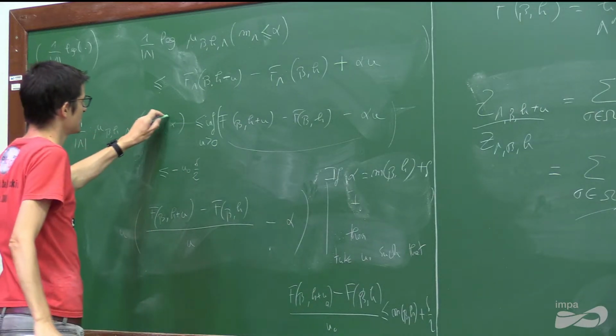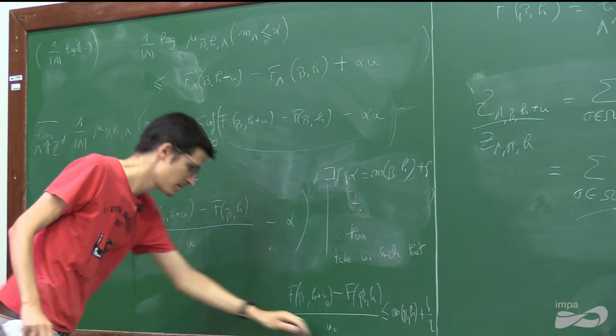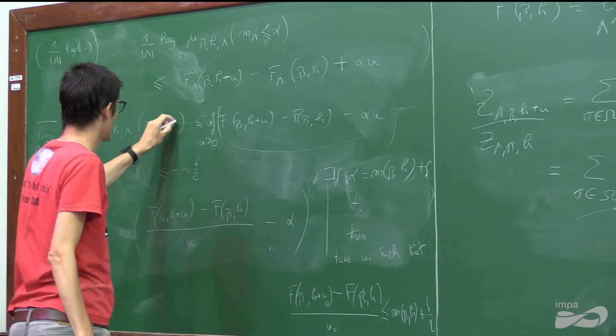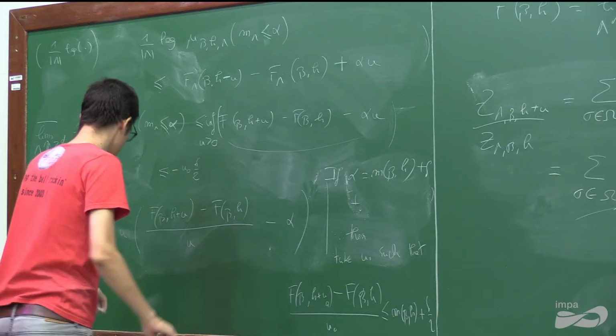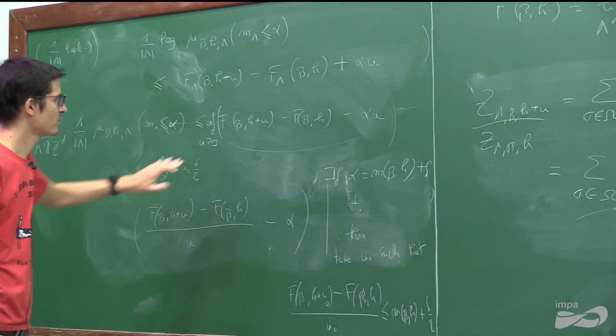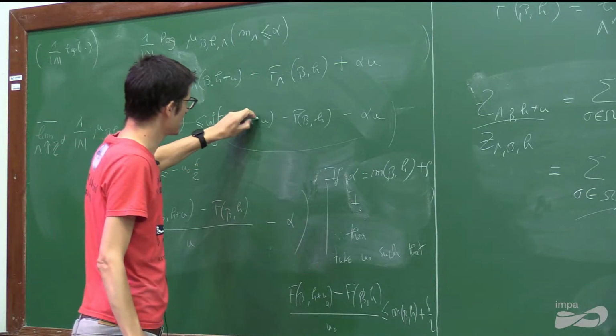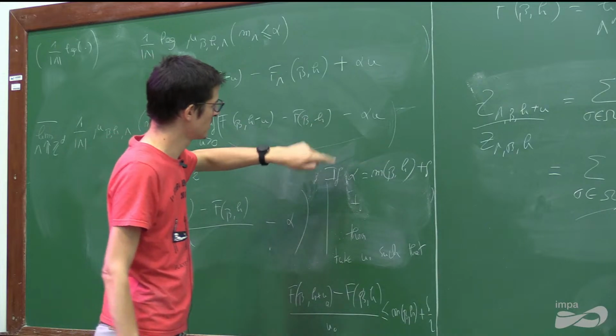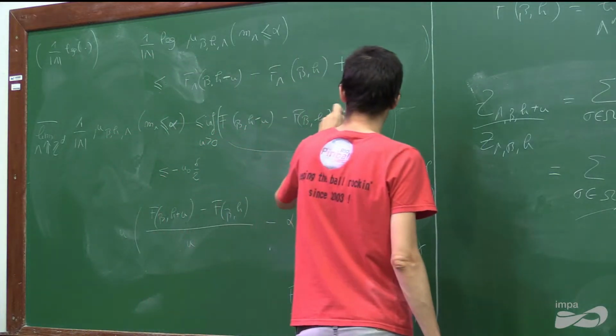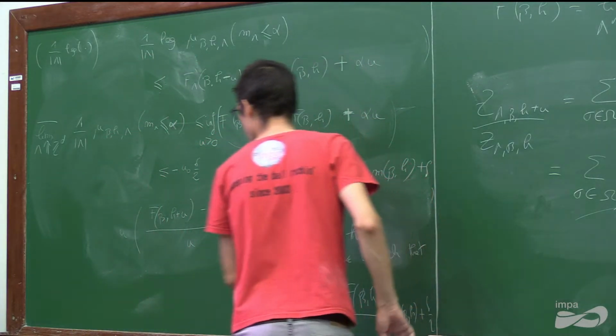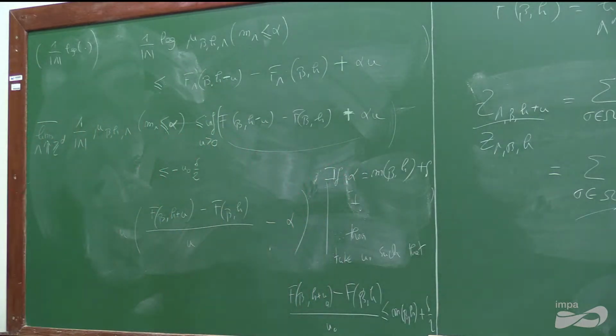So we get that this is smaller. So you can always take the infimum. This is true, but you get a minus here and a plus here. Okay, so